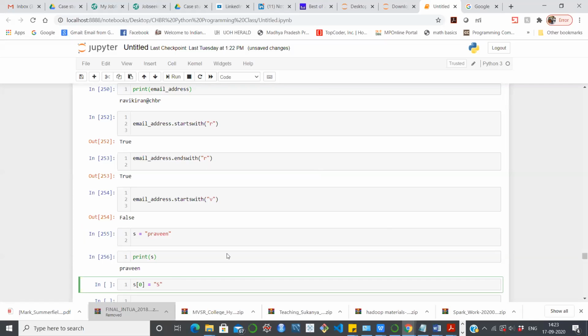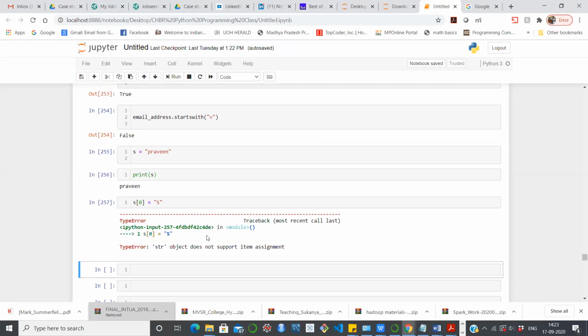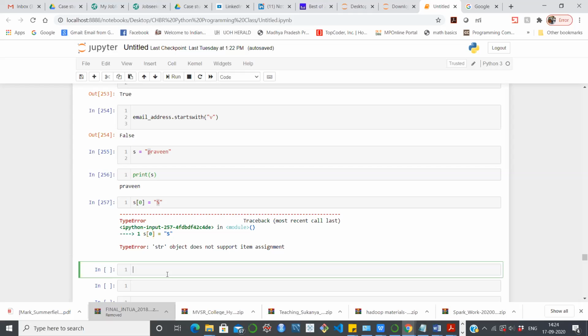Let's see whether this particular action will be able to be performed or not. See, we are getting str object does not support item assignment. That means we won't be able to change the character here. String object does not support item assignment, so we will not be able to replace it. In the first place we should be able to replace P with S, or maybe replace R with something else. But you can perform this in the same manner by assigning s equal to, then here you can mention Ravi Kiran.